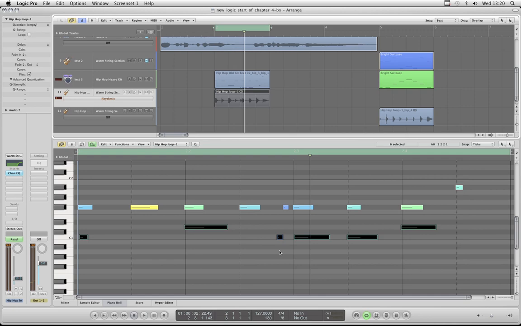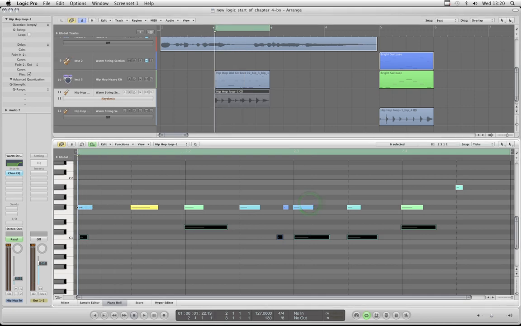Okay, but that is it. That's how you do it. MIDI groove template created from an audio loop with all the high-end drums and low-end drums in. Now, as I said,